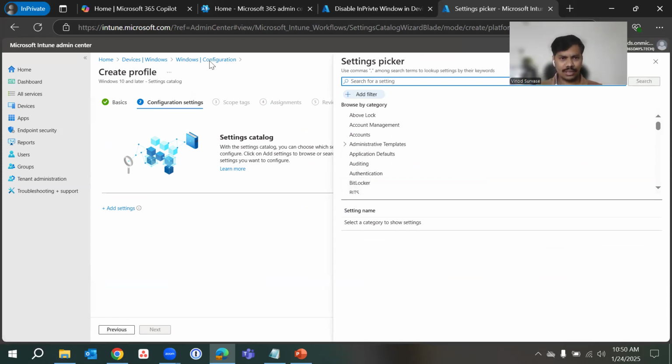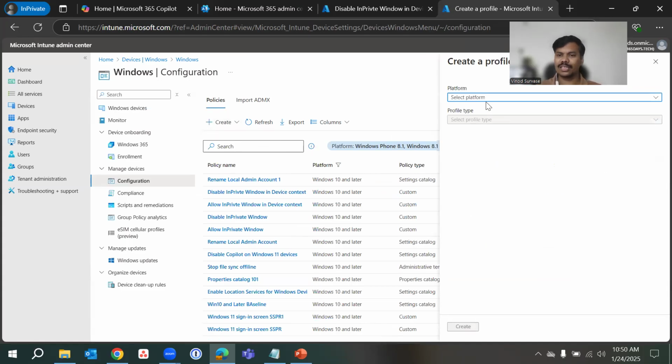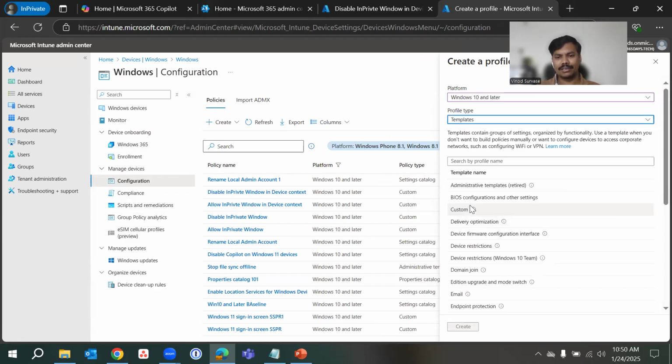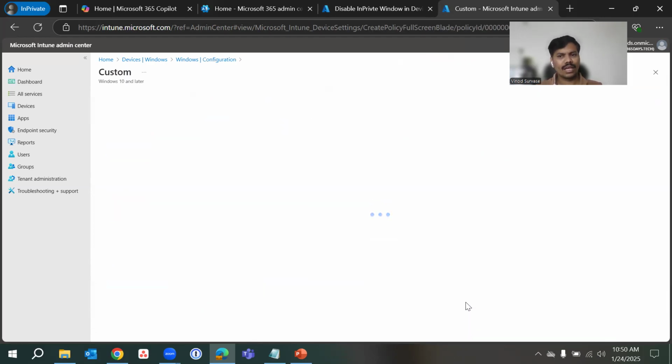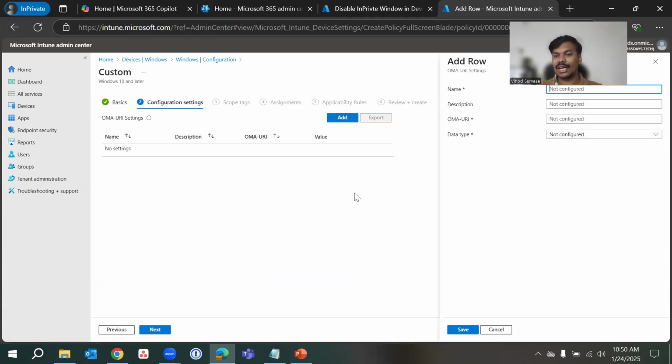Not settings, actually, this is not the settings catalog. It is going to be the templates. So under templates, you need to select the custom and then create it. And from there, we need to add OMA URI for this, right? Where we would be adding this on the context of